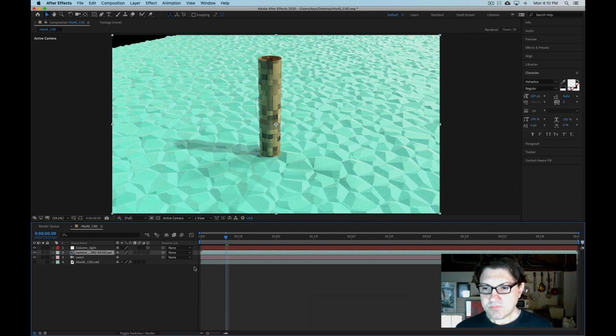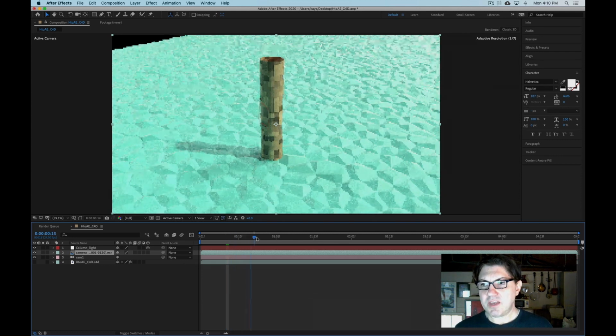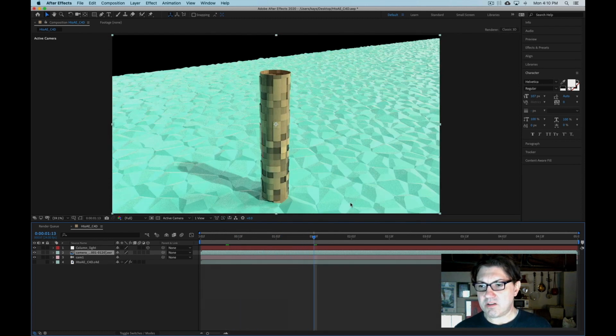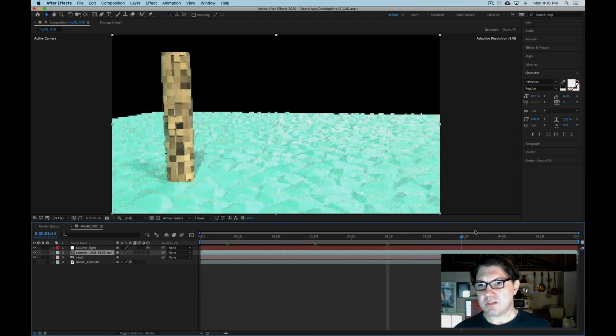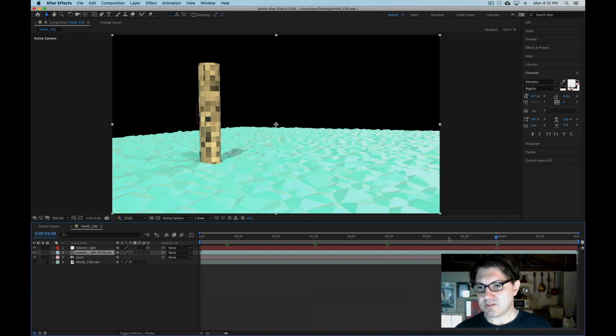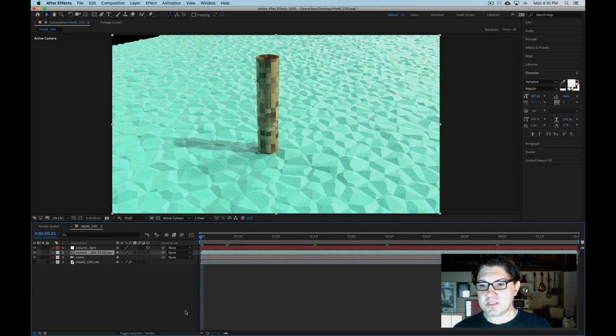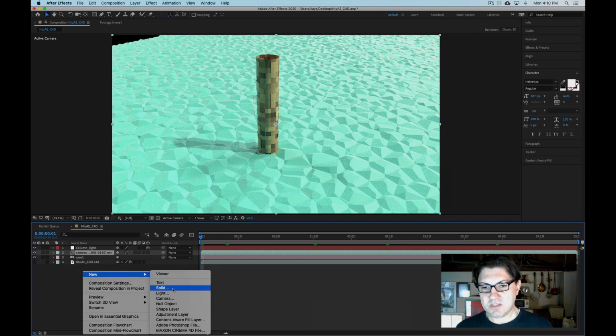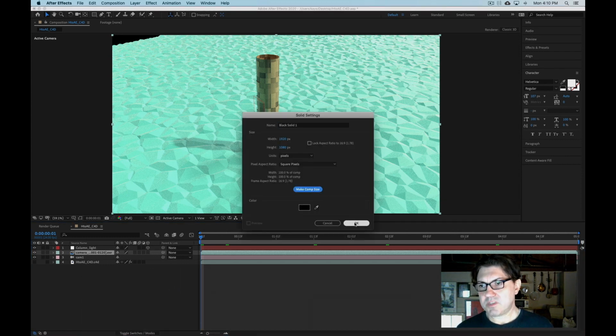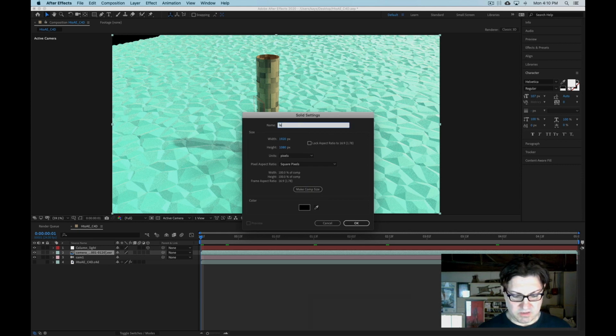I'm just going to drag this into my composition. Cool. So now we have the column, and you'll see that the null sticks right to my render, which is exactly what I want to happen. This is fantastic. So let's do something with it. Let's attach a lens flare. I'm going to create a new solid, make comp size, call it lens flare,